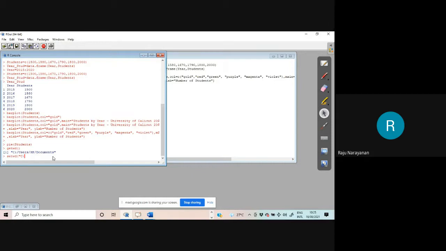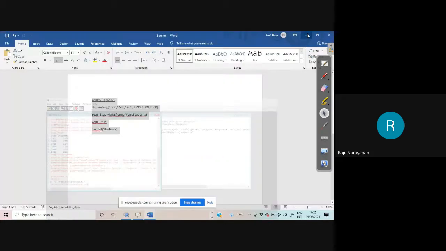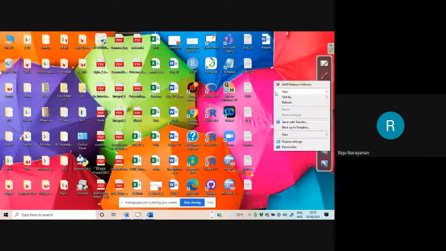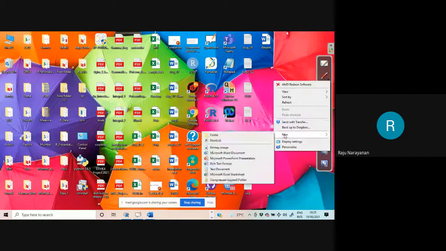Okay. Users, HP, Desktop. I'm creating a folder on the desktop now, a new folder.